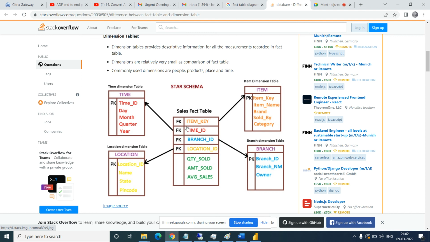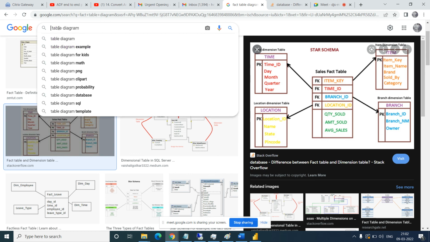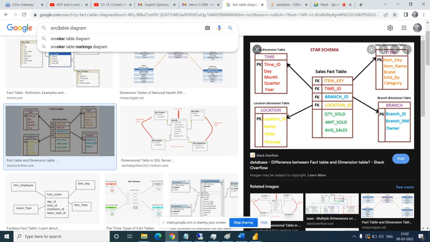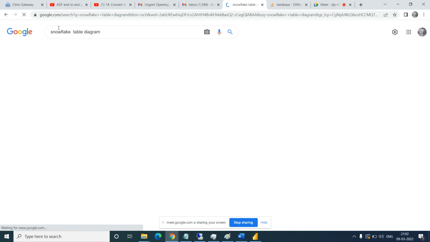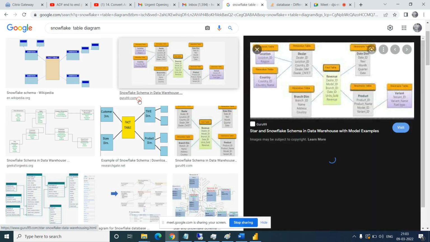So you have only one table surrounded by all dimension tables. But there is one case in the snowflake schema. What is a snowflake? It is a relationship between one dimension and another dimension. So how will a snowflake look? You can see this. I'm opening this one.